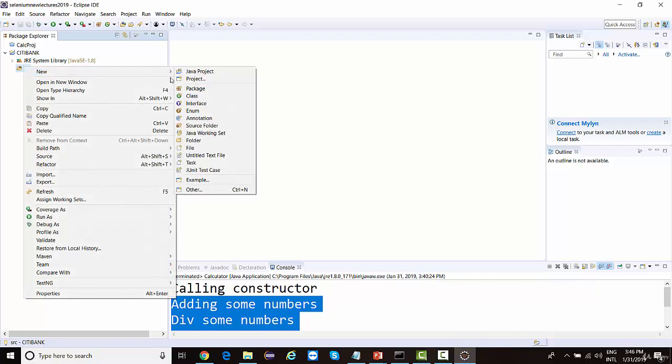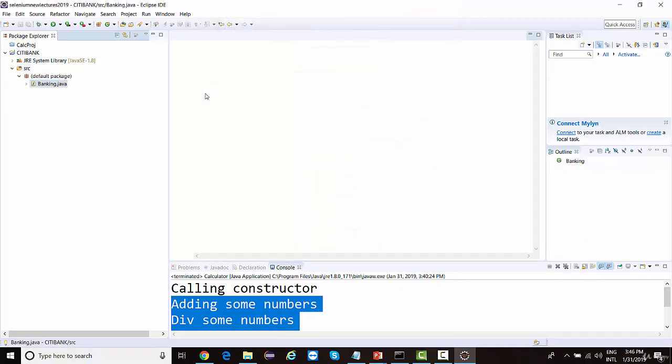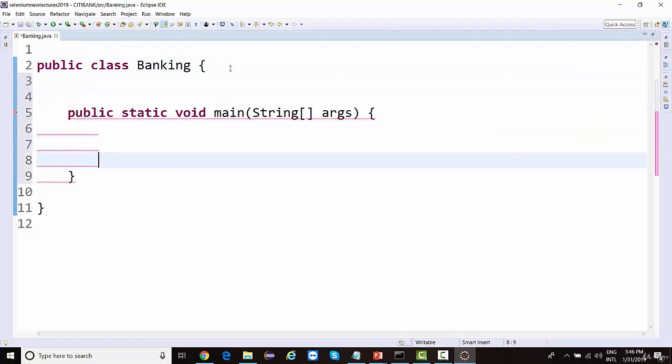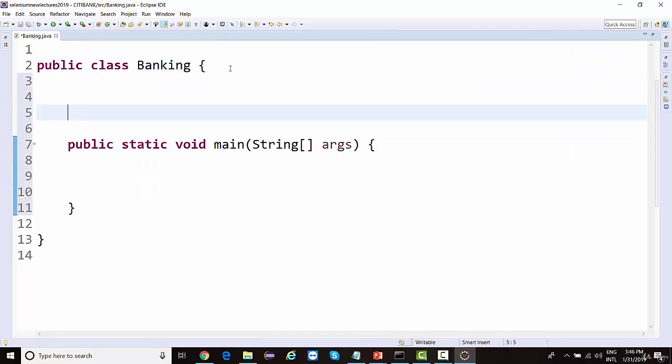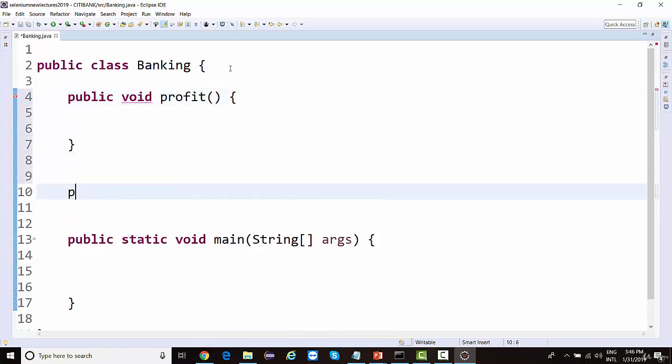So they may have some classes as well. Let's say I'll create one of the classes called banking, and in this as well, I'm going to add a main method. And they already have some functionality created for calculating profit and calculating loss.